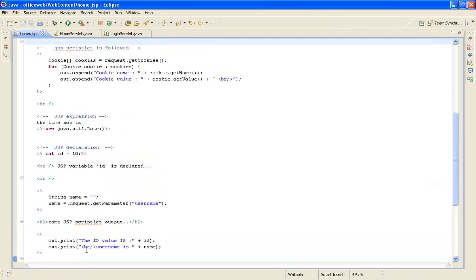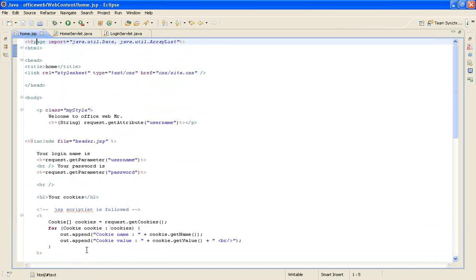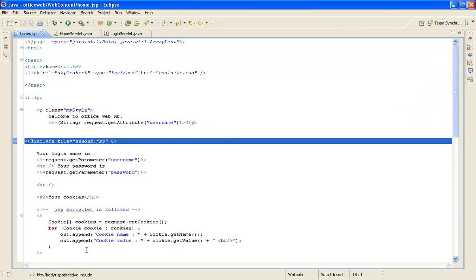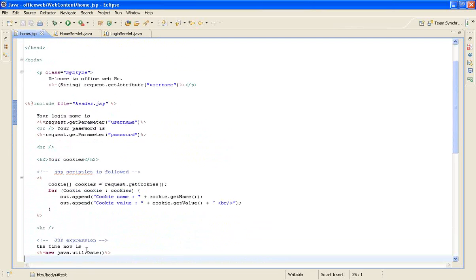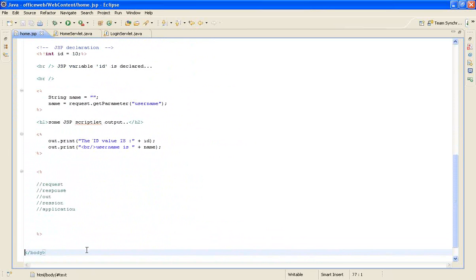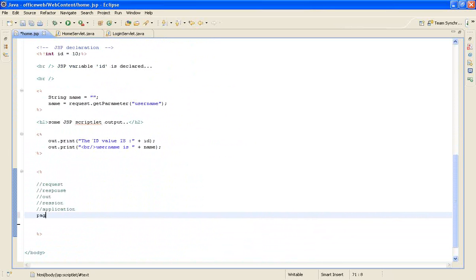In fact, I must be having the JSP include in this. Yeah, see here. It might happen that I may want to declare a variable, but I want to limit the scope of this variable only to the page. So that's why you get a variable called page.